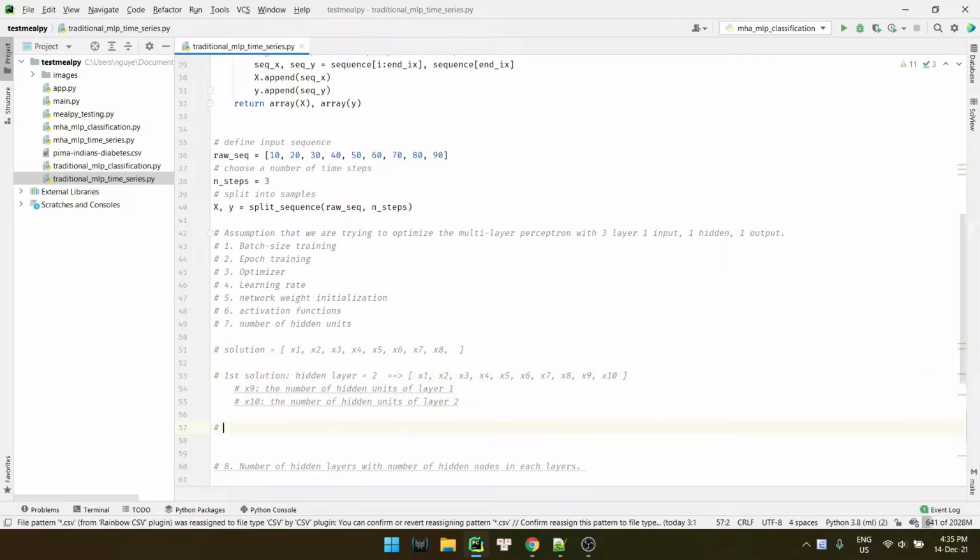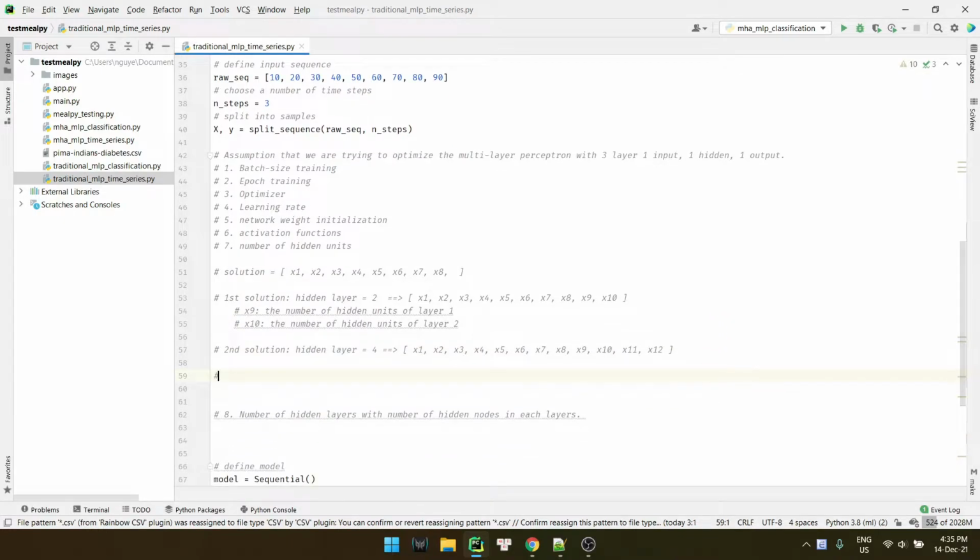But now, for example, we got a second solution with hidden layers equal to 4. So we need to expand this solution with x11, x12. Do you understand?